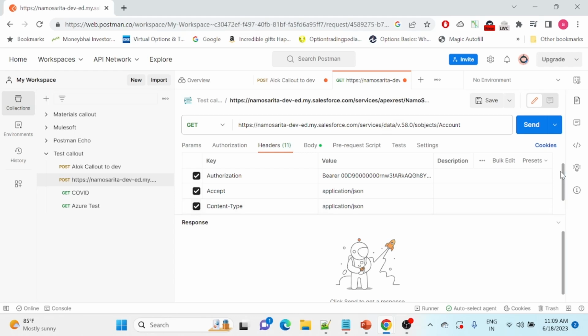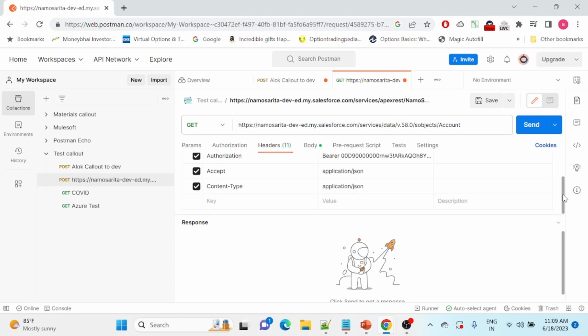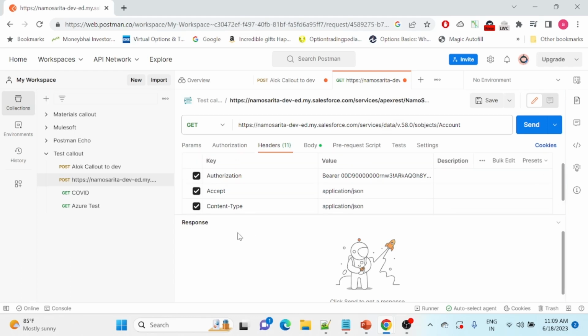So this is a very basic callout which you can do as a beginner, or as an initial developer, or initial Salesforce Trailblazer who wants to learn integration. So this is a very basic integration process. We have already done the connection. Now we are fetching the resource from Salesforce. So if I click on send,